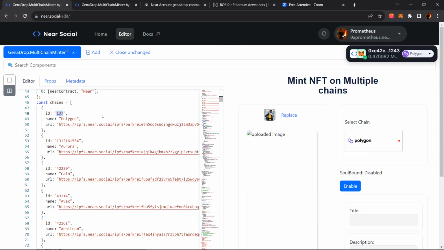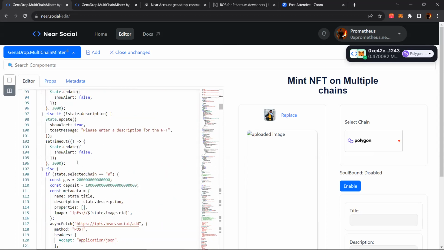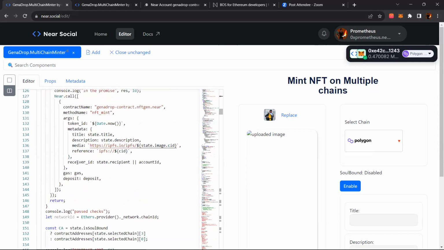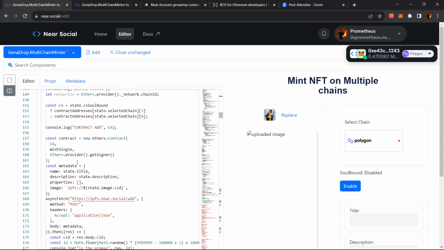This is what will decide whether your minting request is going to be sent to the mainnet or the testnet. So if you want your request sent to the testnet, you have to change your chain ID. In this case, Polygon, it would be Mumbai, and the Mumbai chain ID would be 8001, and this would make sure that when you do your NFT.mint, when you do your contract.mint, it's going to